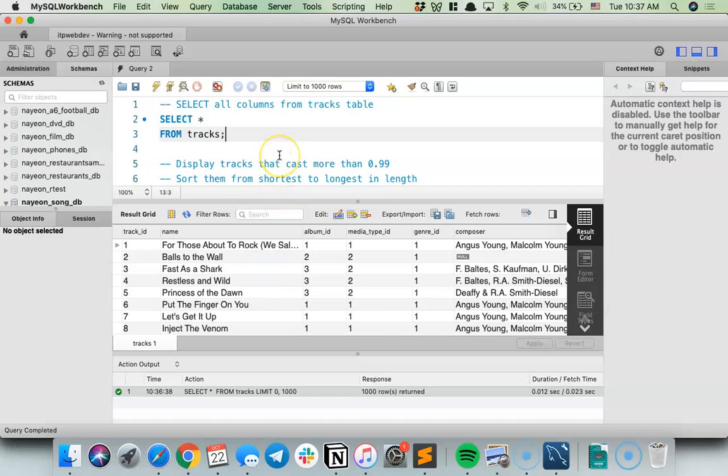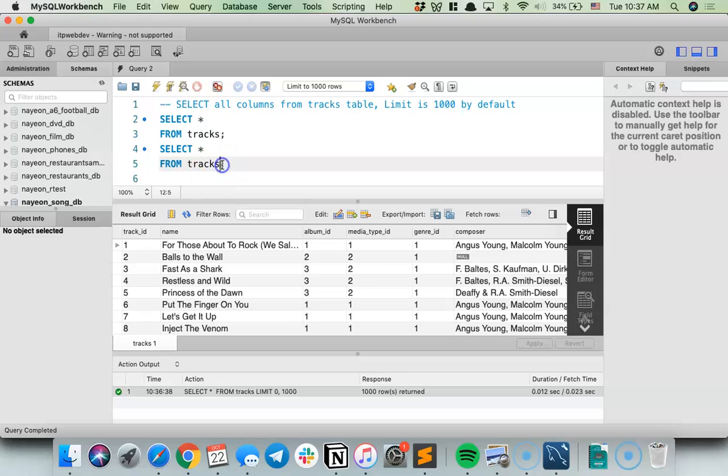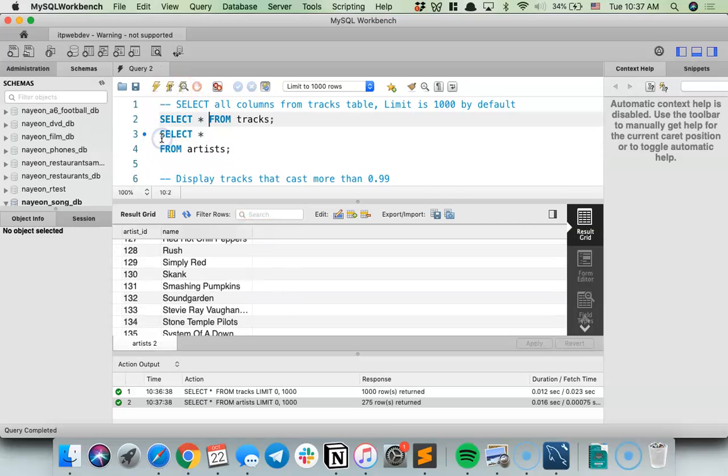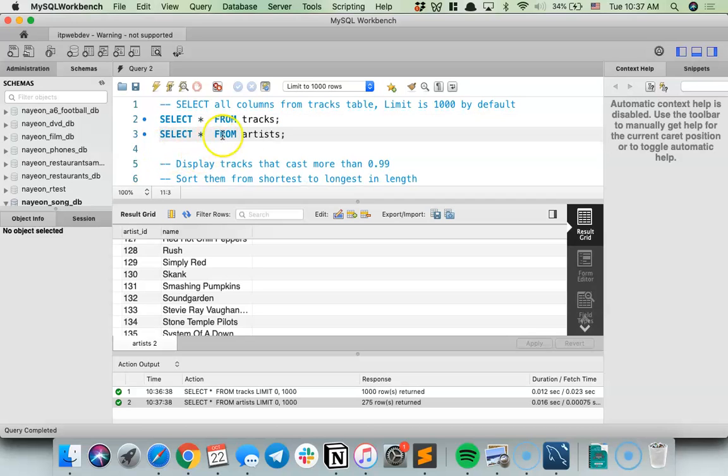Okay, all right, cool. So we can select all columns here, and the limit is 1,000 by default. But of course, if you need to run more, you totally can. You could do this with any table. So if I wanted to see my artist table, I can do select from artist as well, and then I would see my artist table. Let me go ahead and put this in one line for now, just so we can see it better.